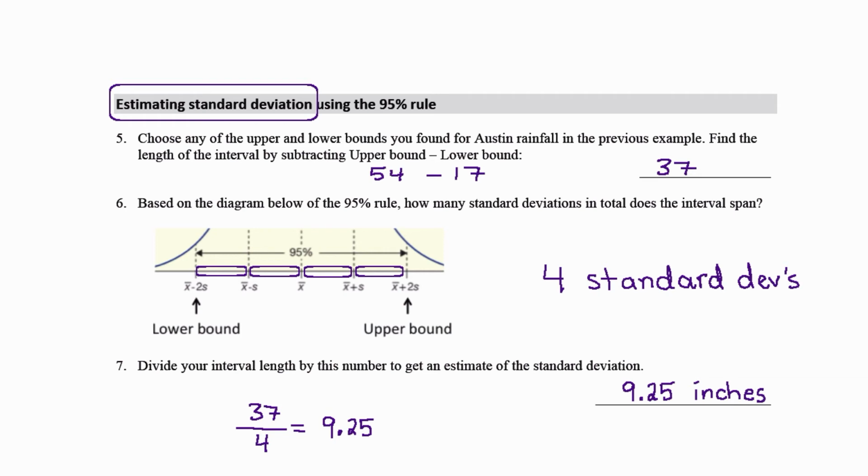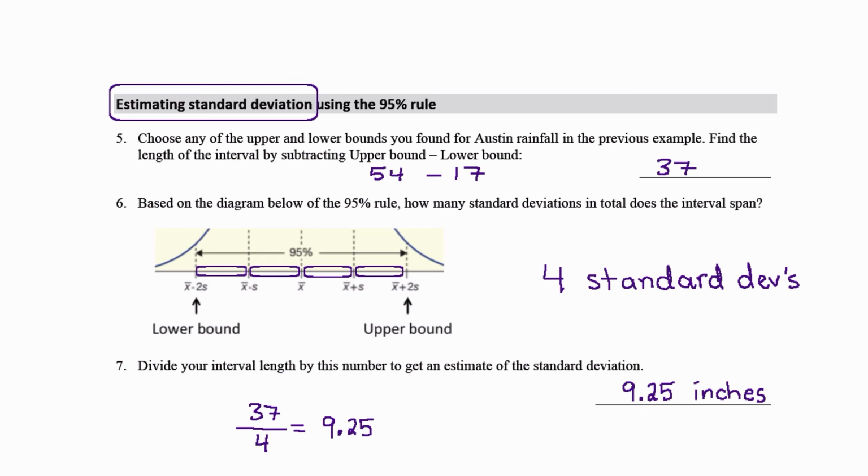And it's not always obvious from the wording of a question that this is what you're expected to do. But if you're given a graph and you're asked to estimate the standard deviation using the 95% rule, this is the process we're getting at. Come up with your favorite way of finding that upper and lower bound, whether it's by counting dots or just by comparing it to a diagram and getting a really rough estimate, then calculate your interval length and divide it